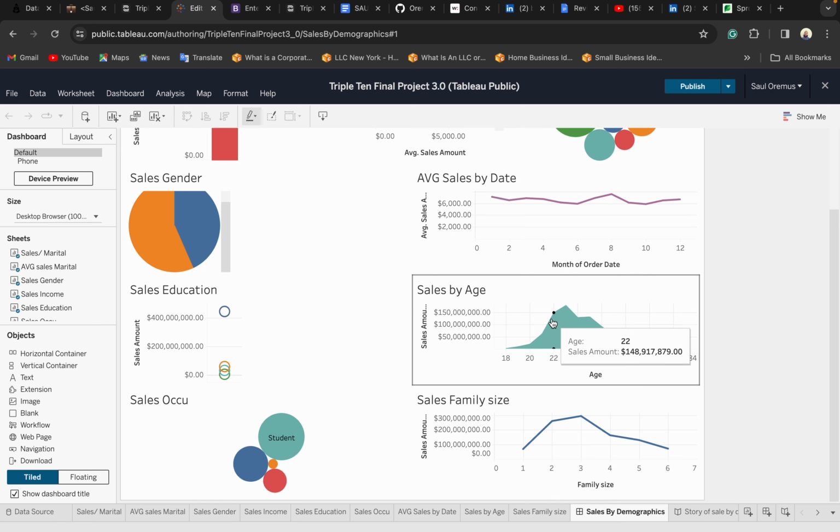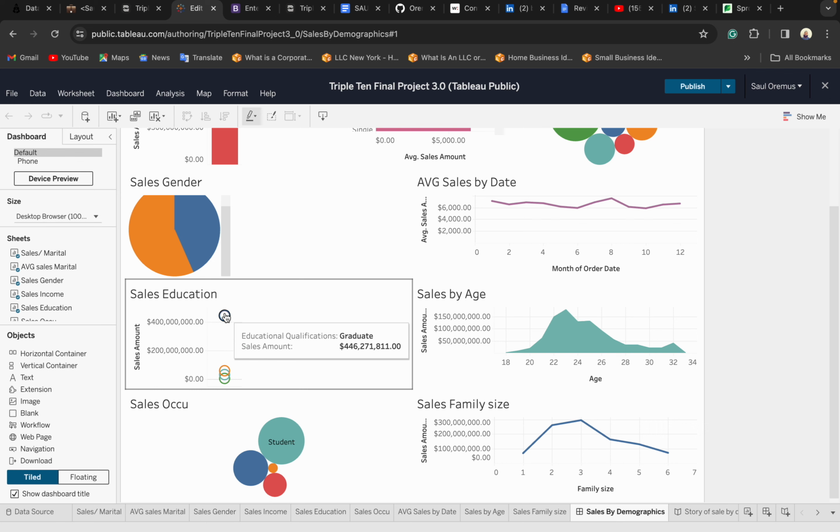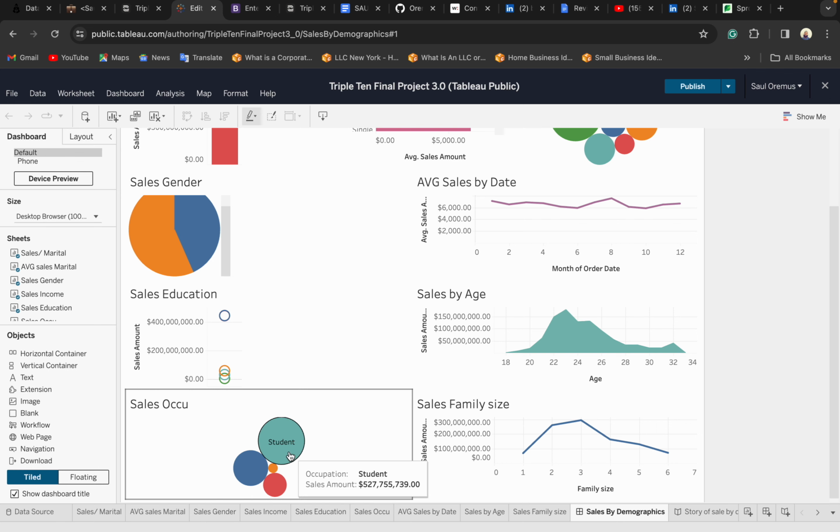It goes back down, but as we can see, 22, 23, 24, and 25 year olds are pretty much the bulk of our sales. By occupation, it kind of backs up what we've seen in terms of education as well. Students, post grad and graduate students in particular, as we can see from our previous graph, are the bulk of our sales, whereas those with W-2 employment are the second most, self-employed third most, and housewives being marginal